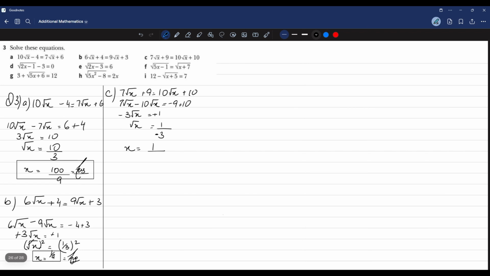1 over negative 3 whole square. And if I were to simplify this, I would get x equals 1 over 9. However, the problem comes when I recheck this value of x,